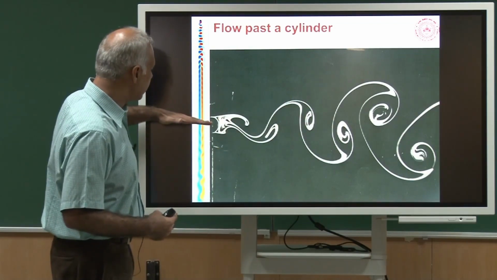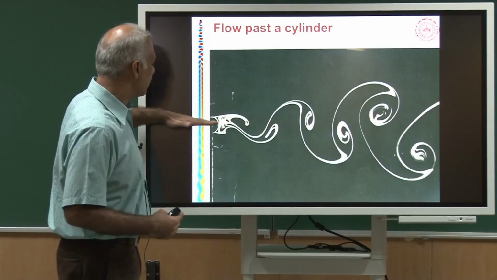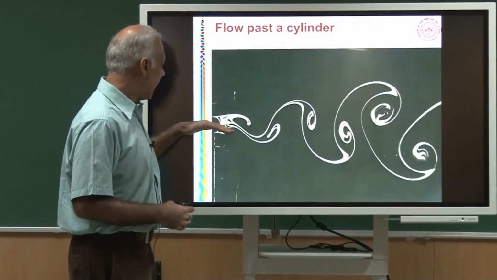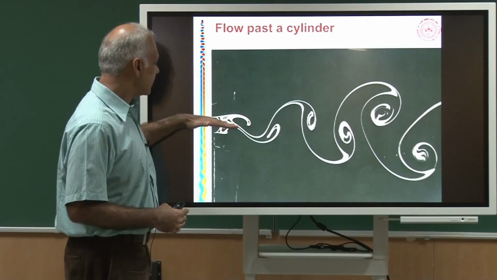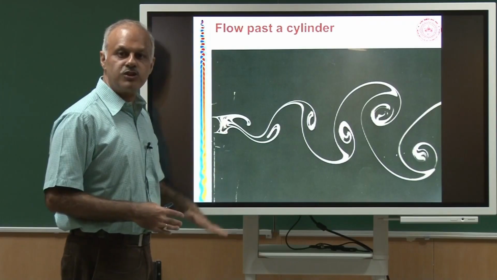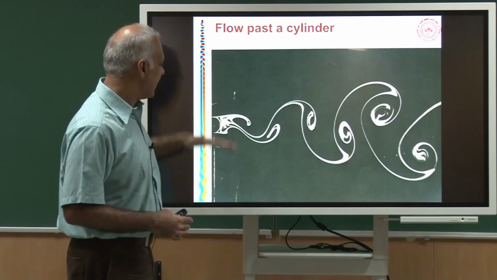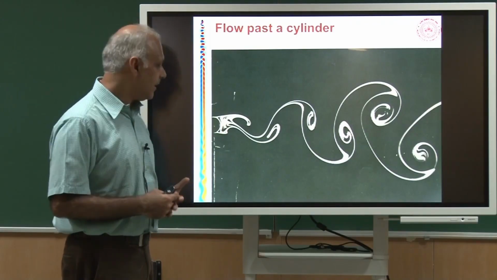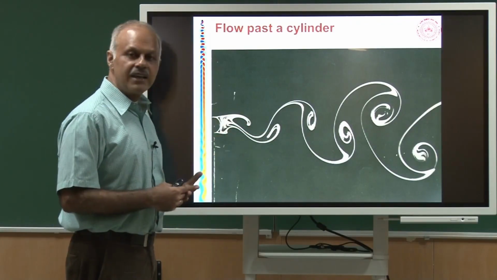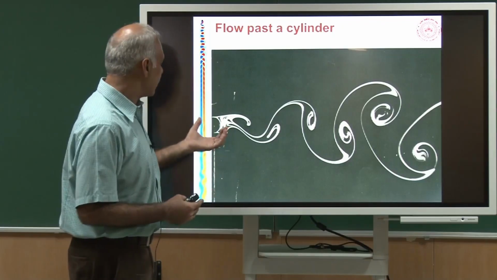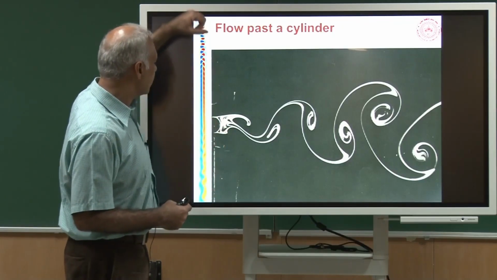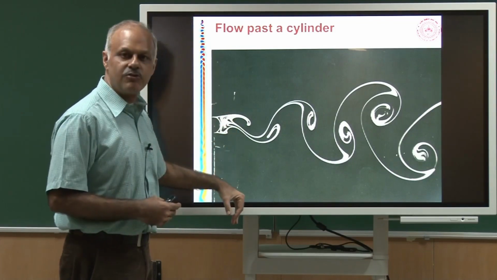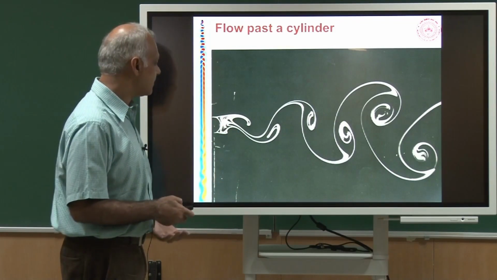And in fact, you will see now you don't have a symmetry about the horizontal axis, which means that now the force on this body is going to change with time, because the location of these vortices is changing with time. Okay. So vortex shedding will lead to unsteady forces on this body. Sometimes it feels a force in the positive direction, and when the next vortex is shed, then it feels a force in the negative direction, and so on.